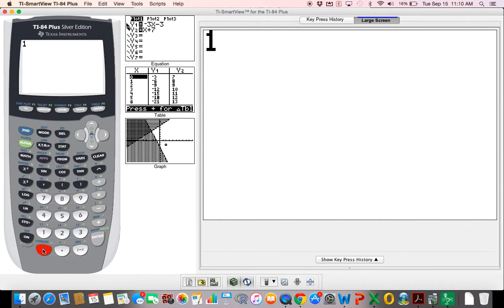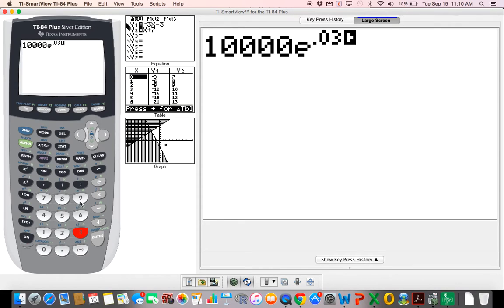If you put in 10,000 and went to E, sometimes it'll just take it up to the exponent. So what you've got to do here is put everything you need up there. We did say 12 years, right? Yeah. And then if you need to get out of the exponent, you hit the right arrow and it would